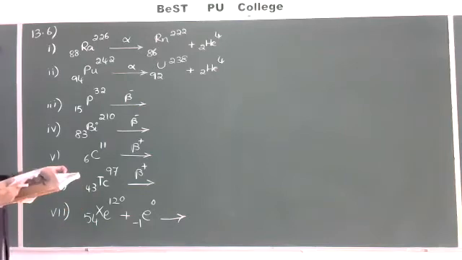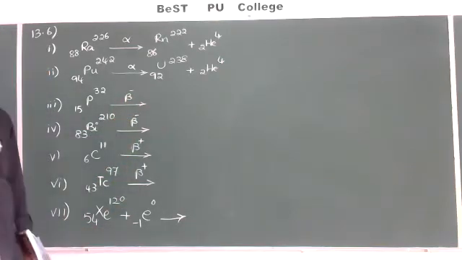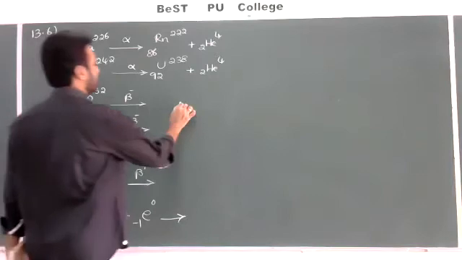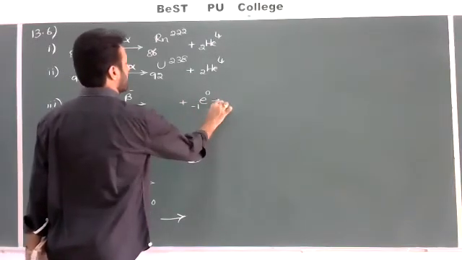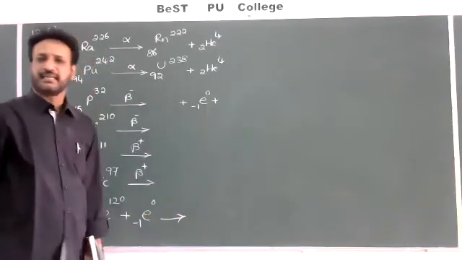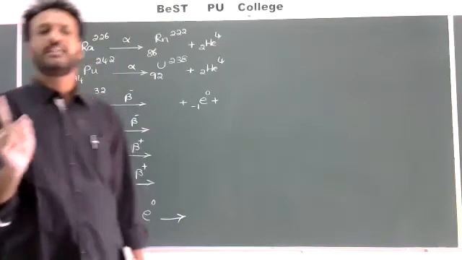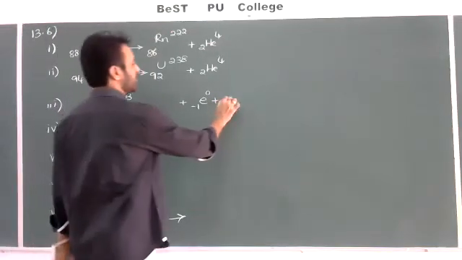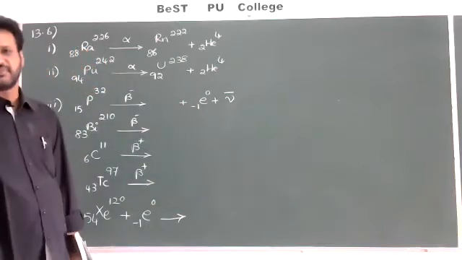Next, the third one, beta minus decay of phosphorus. Beta minus means an electron, minus 1, and the symbol I am writing is -1 E 0. But only an electron is never emitted in the reaction. The electron is always accompanied by an anti-neutrino, so you should also write nu bar. In all the equations, some amount of energy is also released.